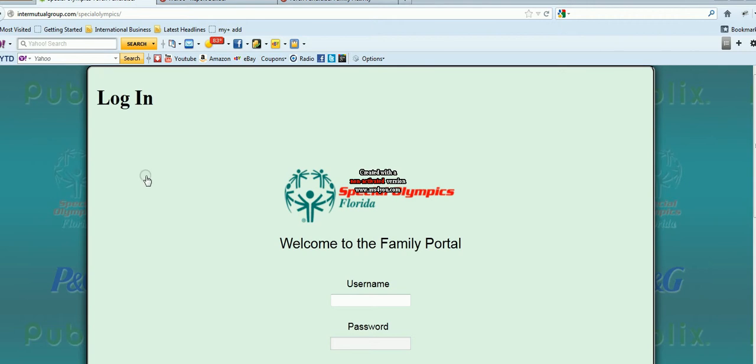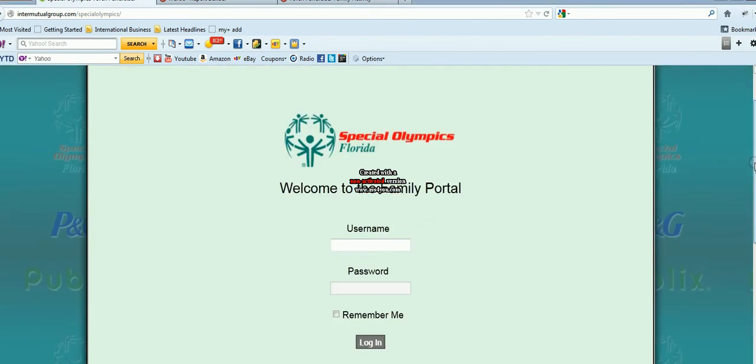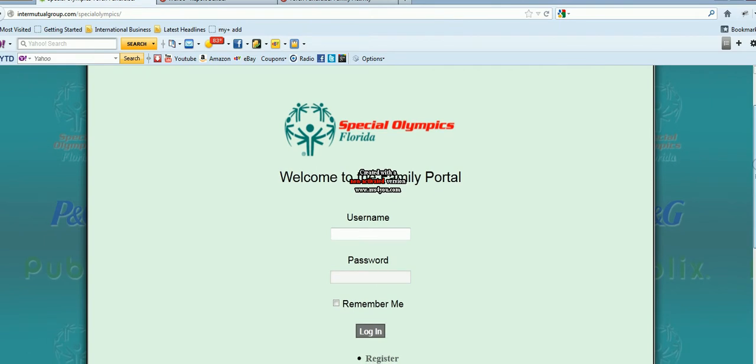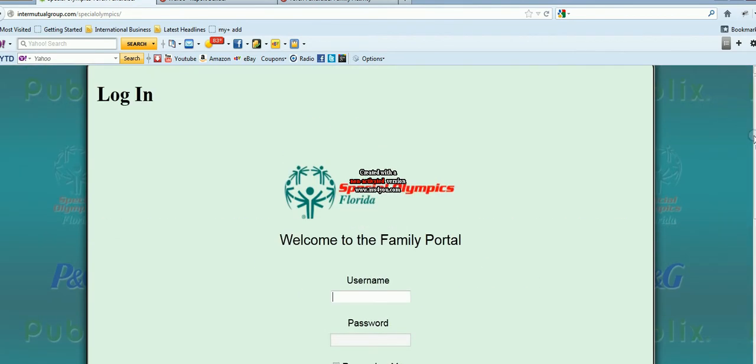This is just a free software I'm using, but I wanted to show you a little bit more about what I changed up, and I think this will make a little more sense to both the user and also the admin who needs to manage all of this. This homepage is very similar to what you saw before. The only difference, of course, is it's at a different URL, intermutual.com or